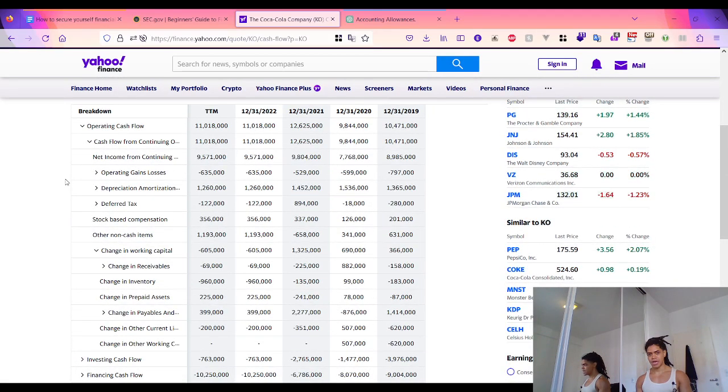Exactly. And the first part of the cash flow statement analyzes the net income from the income statement and reconciles